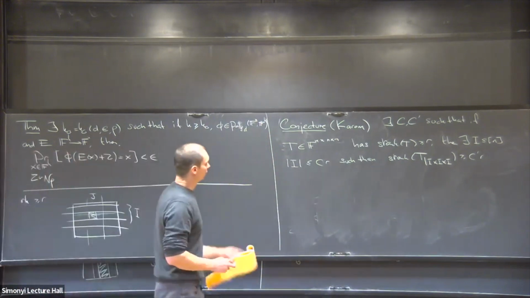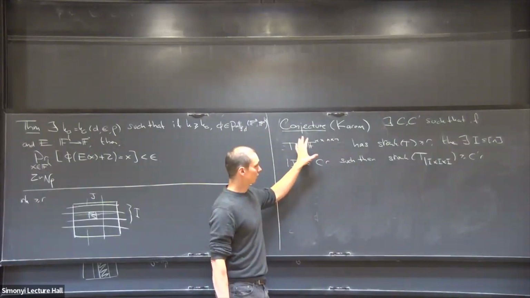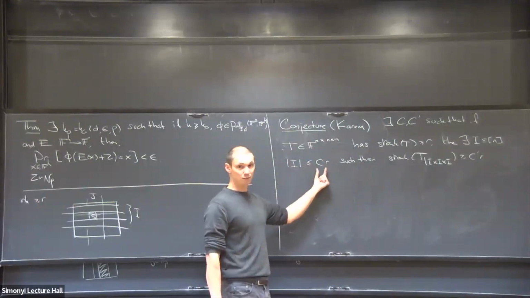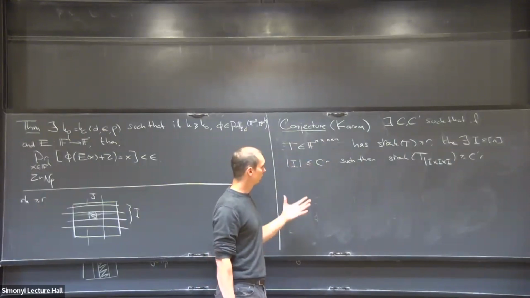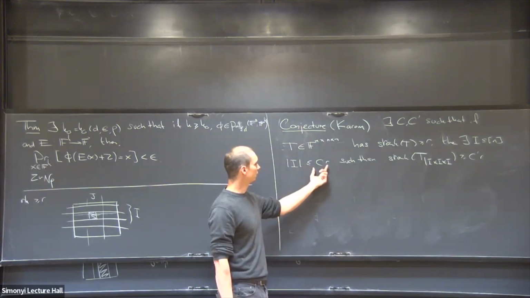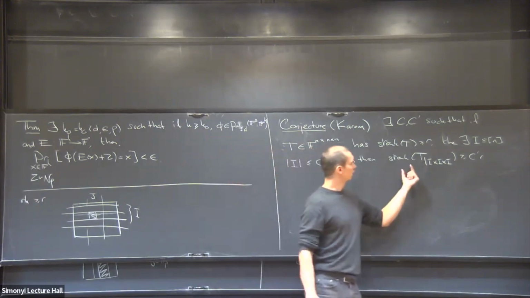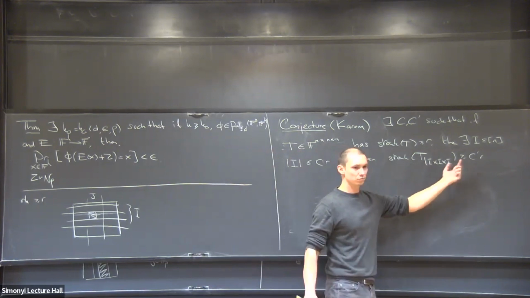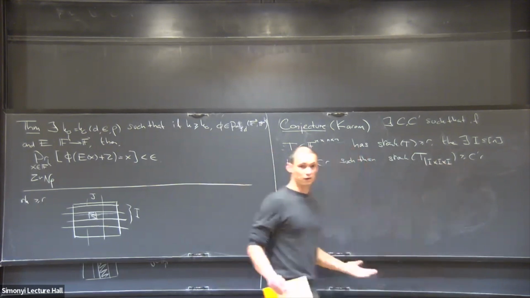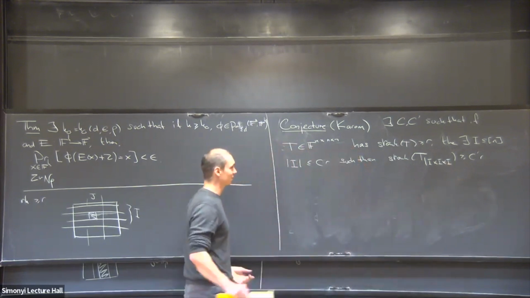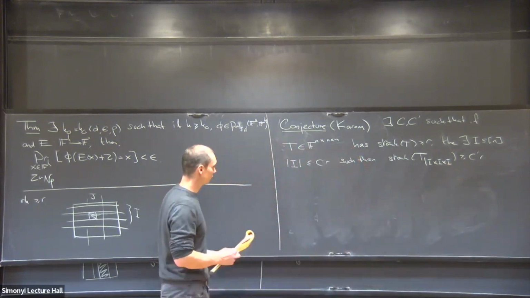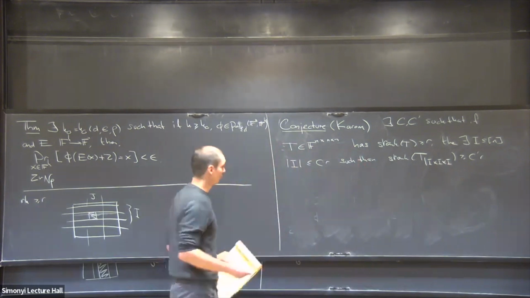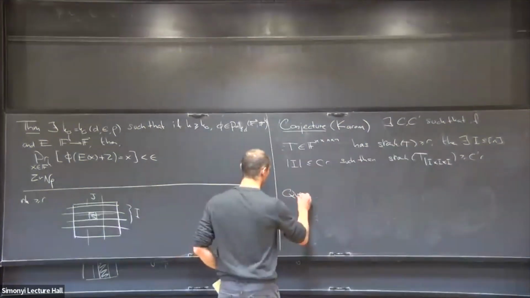So Karam did prove a theorem along the lines of his conjecture, but not with linear dependence. Instead, I think the size of I is maybe exponential in R, and the lower bound on the restricted rank is maybe polynomial in R. It's already very good. You don't have Ackermann-type functions, but it's not good enough to prove the random restriction lemma. So let me finish by posing the natural question,